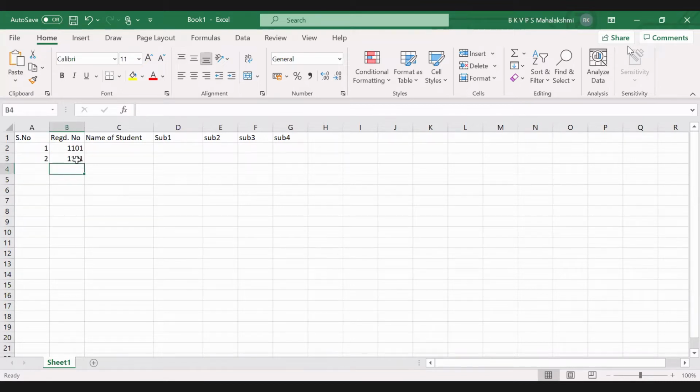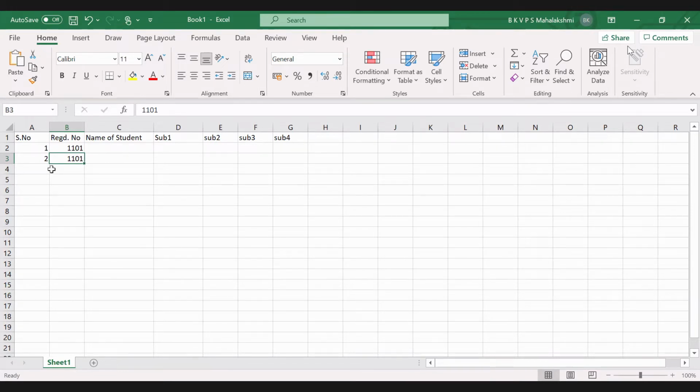See, instead of the second student's record, I entered the first student's registered number twice, instead of the second student's registered number. Sorry. So redundancy is existing,